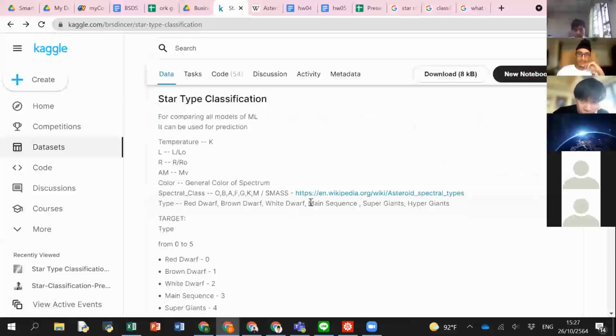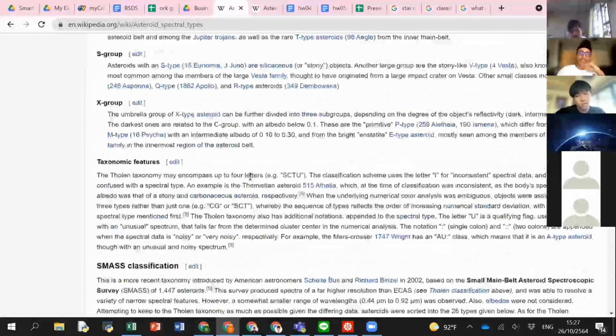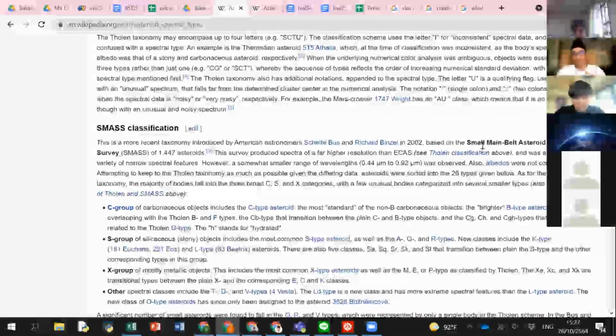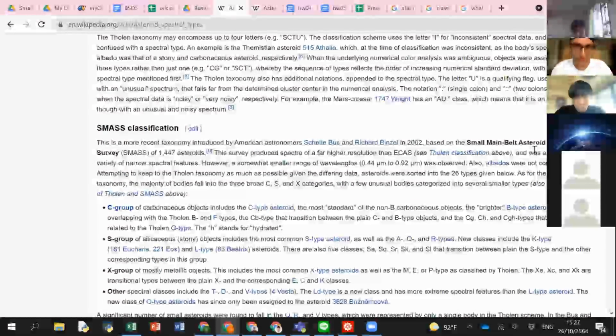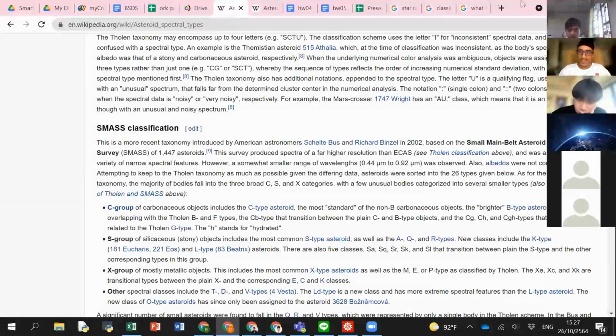It's provided in here as SMASS, which is about asteroid spectral type, and it was introduced by American astronomers, and the acronym stands for Small Main Belt Asteroid Spectroscopic Survey, which is one of the analyses I plan to do. And going back to,